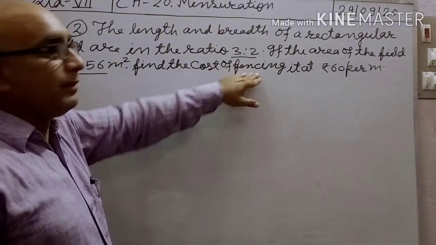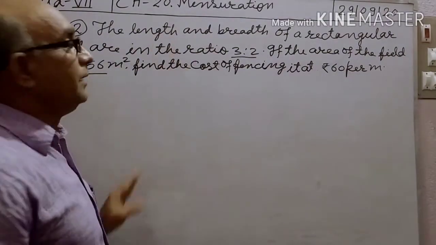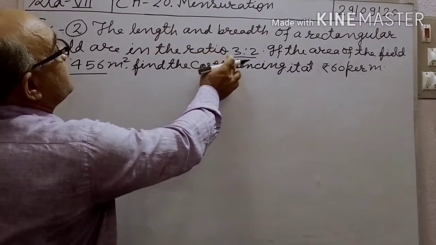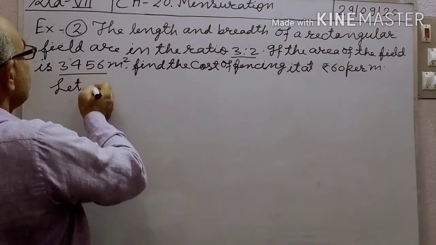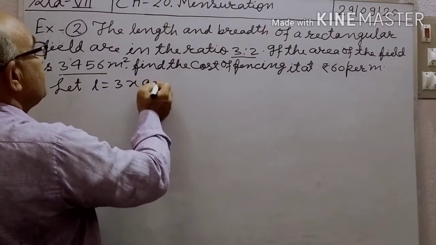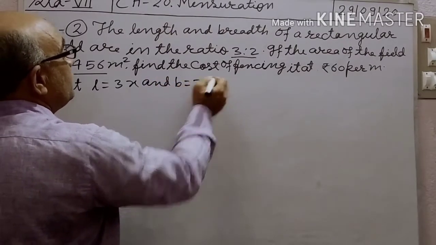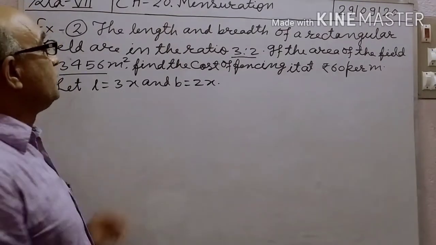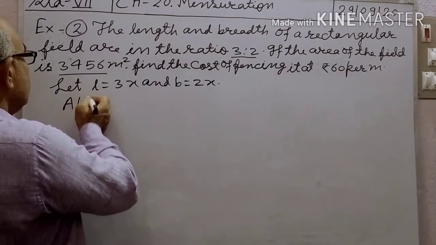Fencing means perimeter. First of all, we have to find length and breadth. Given ratio of length and breadth is 3:2. So let L equal to 3x and B equal to 2x. Let L equal to length equal to 3x and breadth equal to 2x. According to the question,